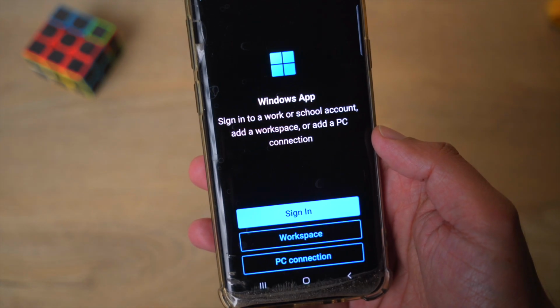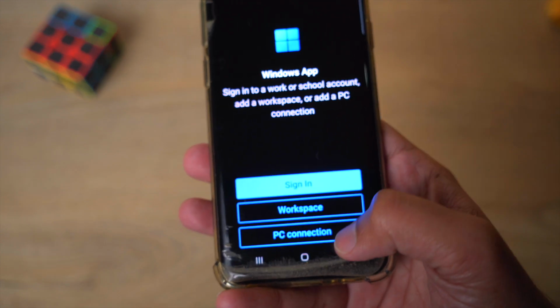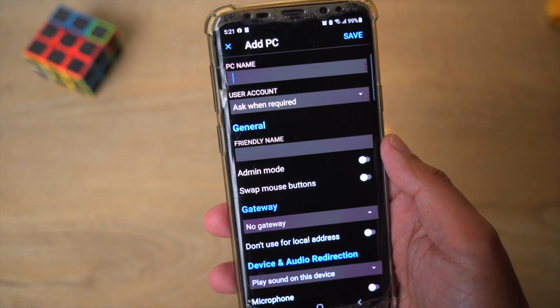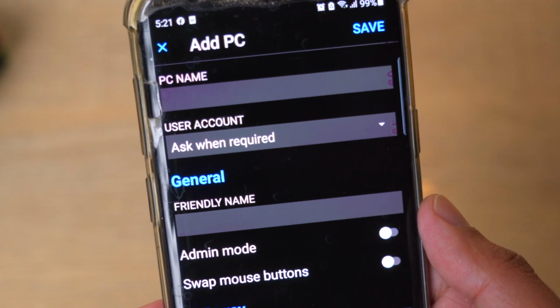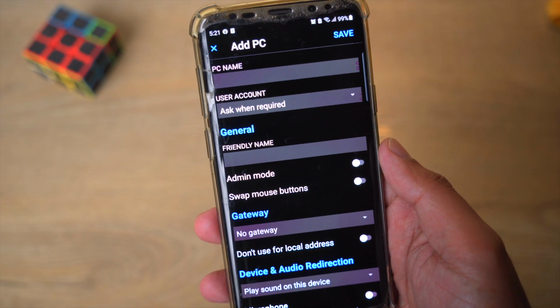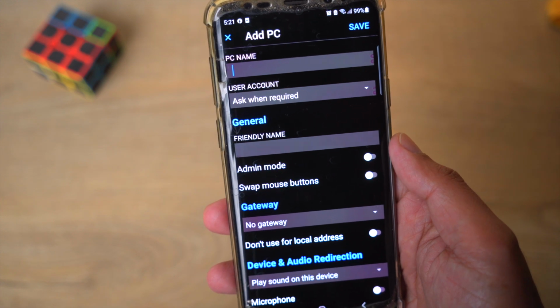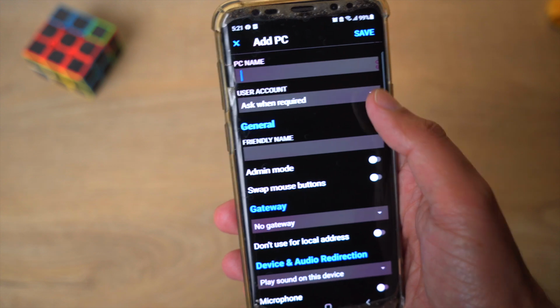And now if you want to connect to your Windows machine via remote desktop connection, just click on PC connection. Here you need to enter basic details like your PC name. So if you have bought your Windows machine from an online server provider, then they will provide you a unique IP address. So in the PC name you need to enter that IP address, and for user account you can